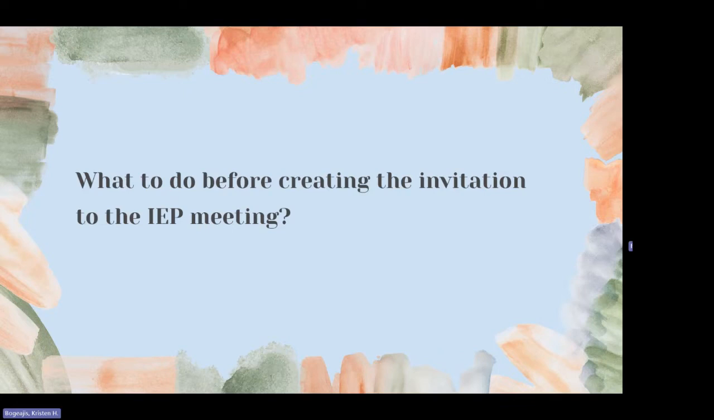So once you have decided on a date and time that works for the team, you are going to move forward with creating the invitation. This invitation has to be created 7 days before the meeting. So if you are meeting, let's say, 5 days from now, you're going to have special considerations from the parent. So you still need to write that invitation out for 7 days. And if the parent needs to meet before that, you can meet before that